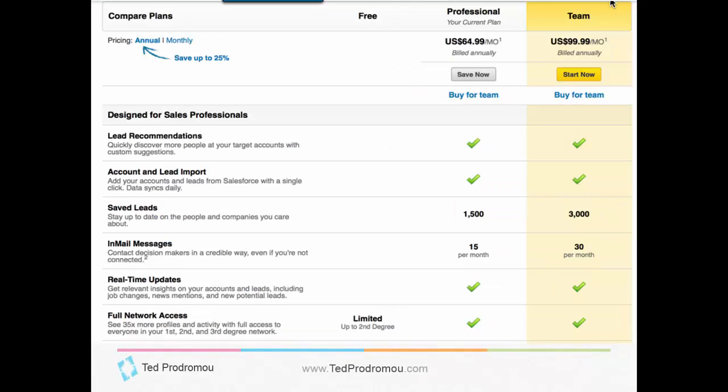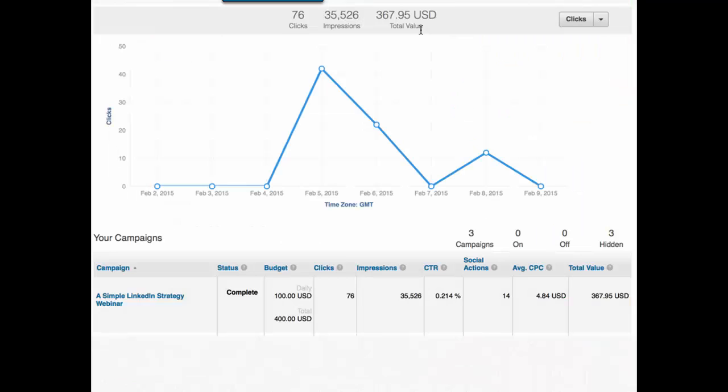So if you know somebody looking for a job, tell them they should look into paying whatever it is, $39 or $64 a month until they find a job. I mean, within 2 or 3 months, you should have a job using LinkedIn. But here are some of the plans, and you can look at these at your leisure. We won't get into great detail unless you really want to talk about these.